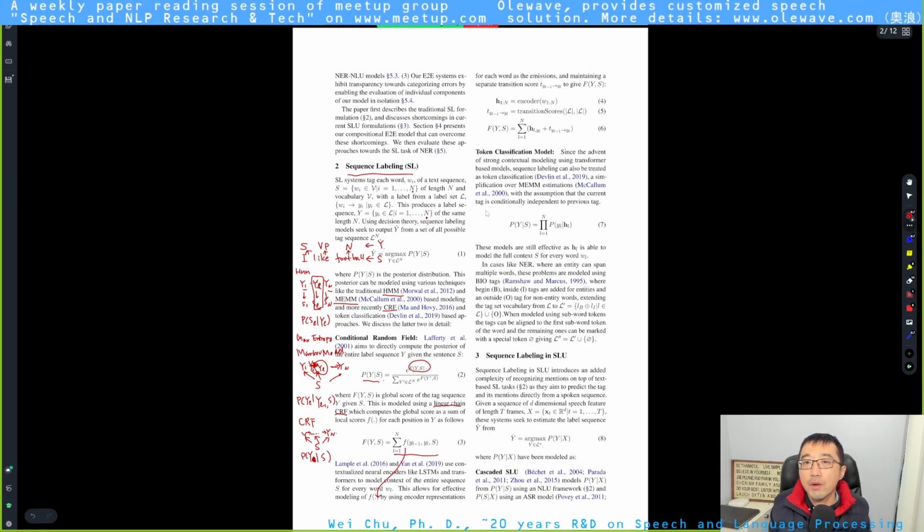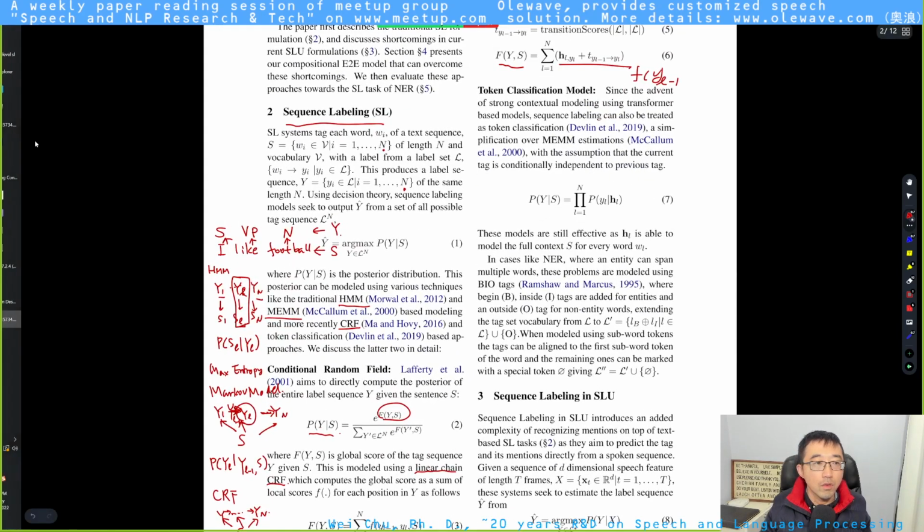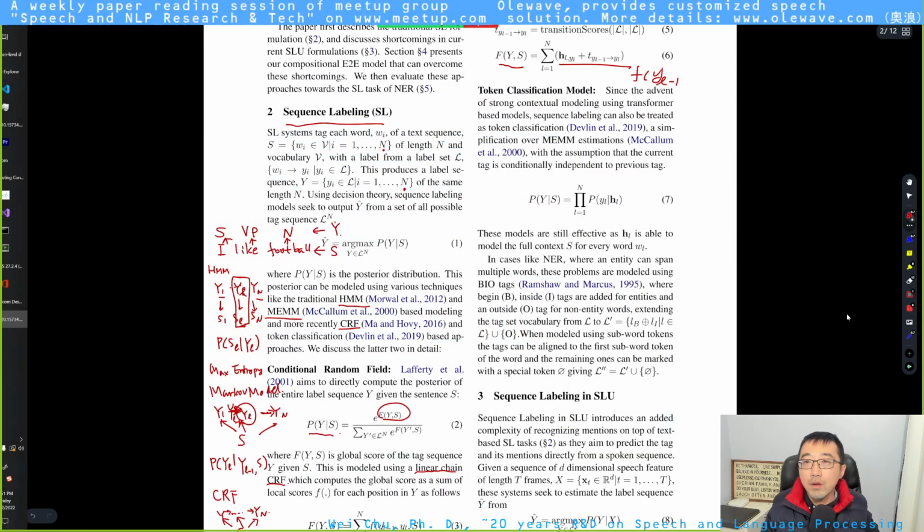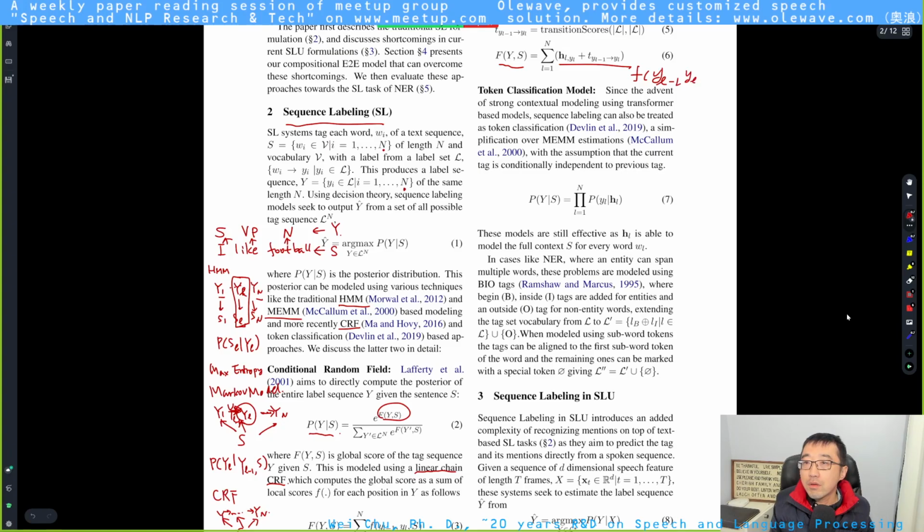I think it's fairly straightforward. You can compare this equation 6 with equation 3; both are summations. So they mean this is F y_l minus 1, this is y_i minus 1 and y_l. So you can see